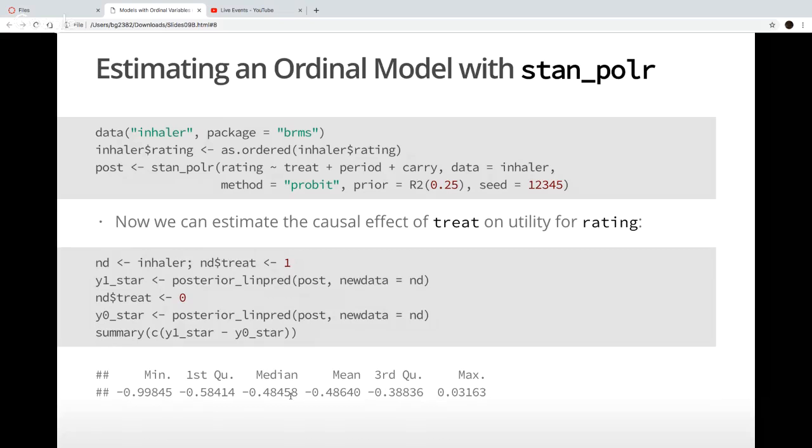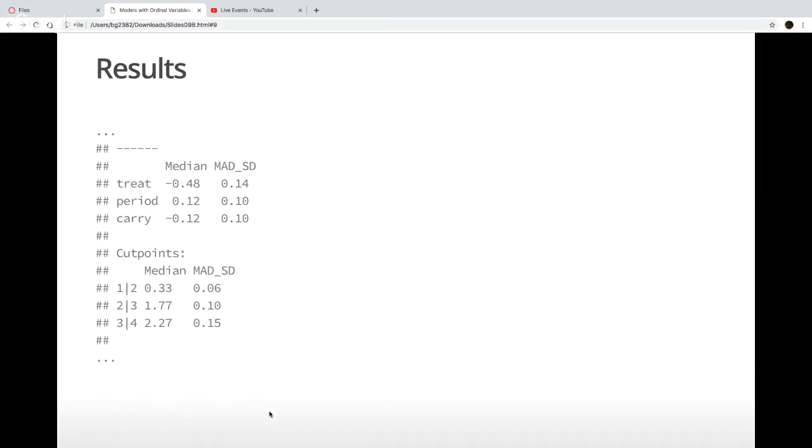Unfortunately, Don Rubin and somebody else a few years ago proved that there's basically no good estimator of an average treatment effect in an ordinal model. The thing that you can do a difference in means on has weird units, and everything else you can't do a difference in means on in a mathematically justified way. You can talk about medians, other things like that, but the usual way of doing causal inference in terms of average treatment effects doesn't really work well when the outcome is measured in an ordinal fashion. Anyway, so we get some results